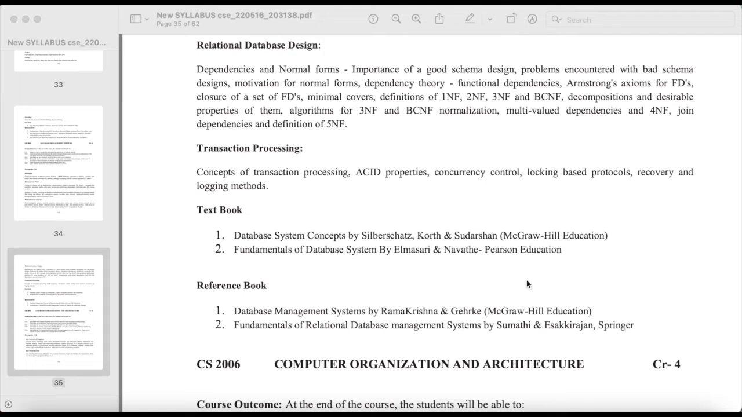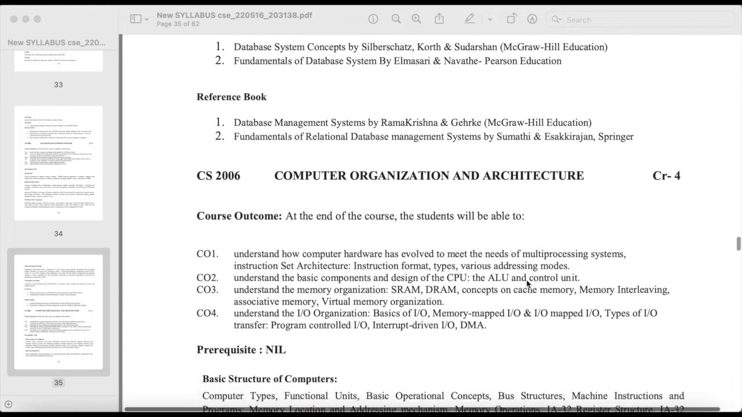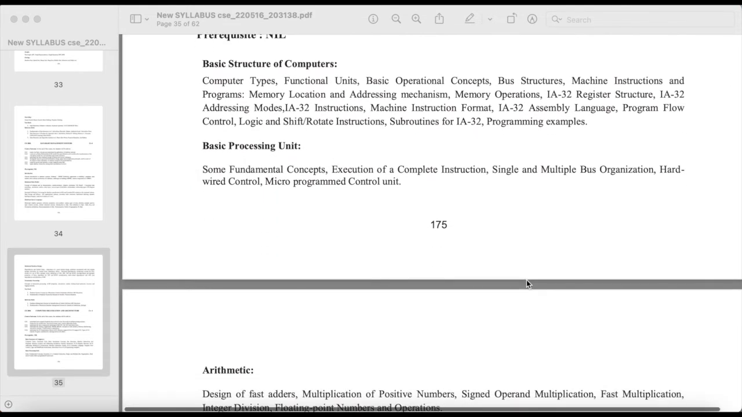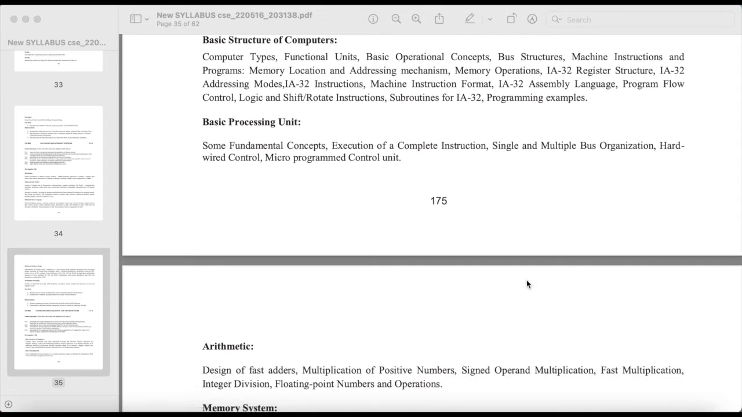recovery and logging methods. Computer organization and architecture: basic structure of computers, computer types, functional units, basic operational concepts, bus structures, machine instructions and programs, memory location and addressing mechanism, memory operations, IA32 register structure, IA32 addressing modes, IA32 instructions, machine instruction format, IA32 assembly language, program flow control, logic, and shift rotate instructions, subroutines for IA32, programming examples, basic processing unit, some fundamental concepts, execution of a complete instruction, single and